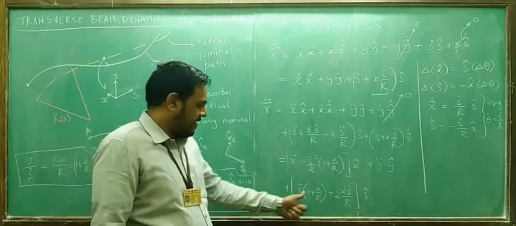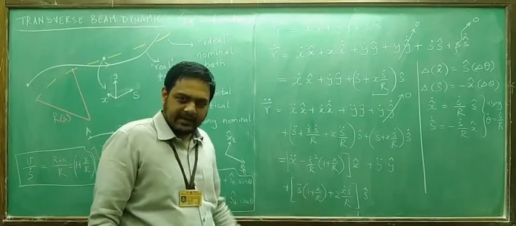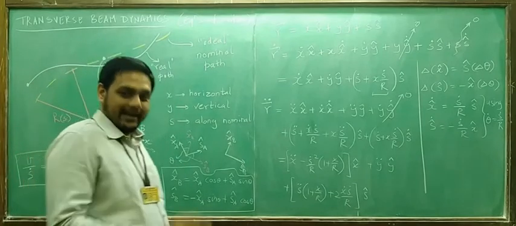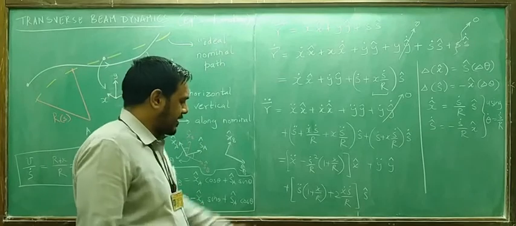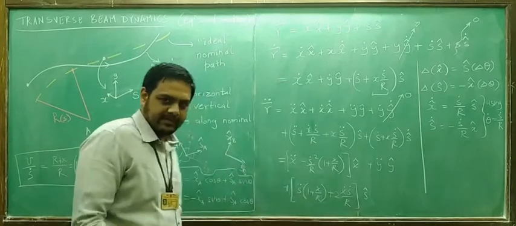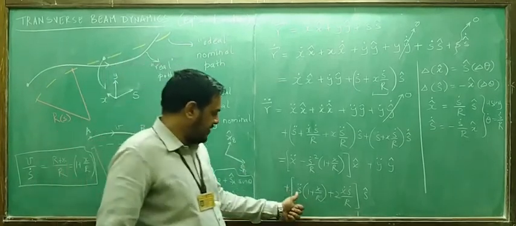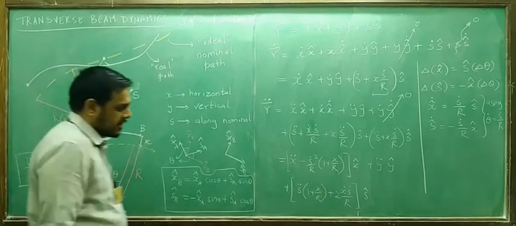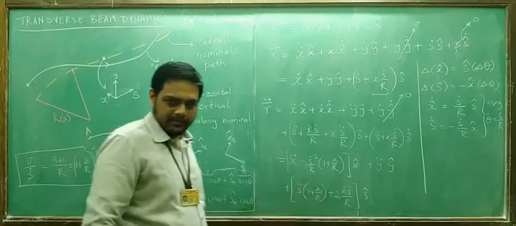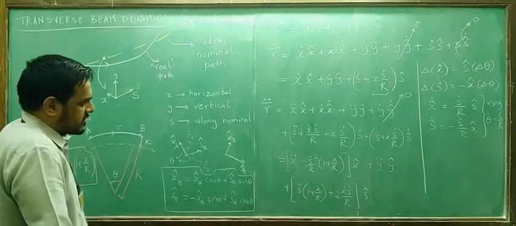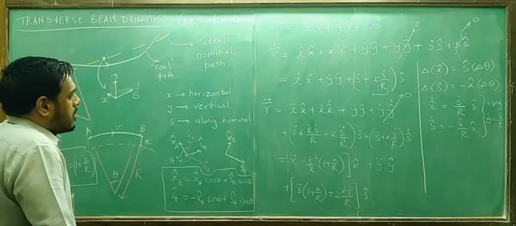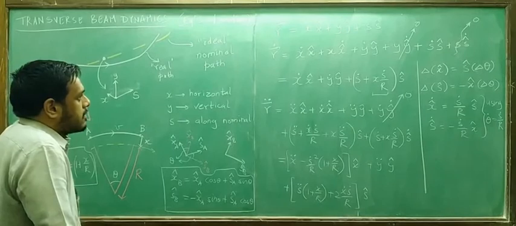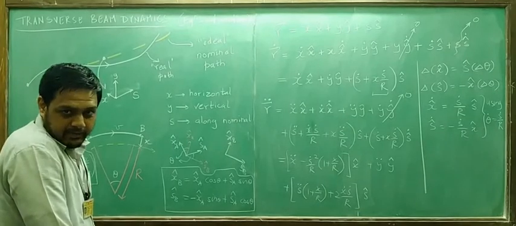So it turns out that we won't need to interpret this in any reasonable way until much later on in the course, if we ever need to. So right now let us not try to spend time interpreting this. The first term is simple enough. It is the actual acceleration on the actual path rather than on the nominal path. Second term is slightly more complicated, so we will not go into the interpretation of that. I hope the basic algebra is clear up to this point.